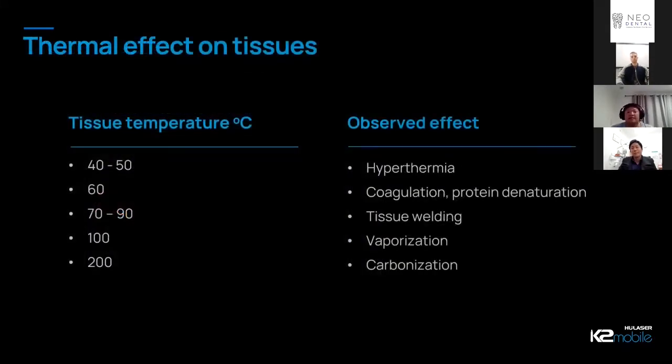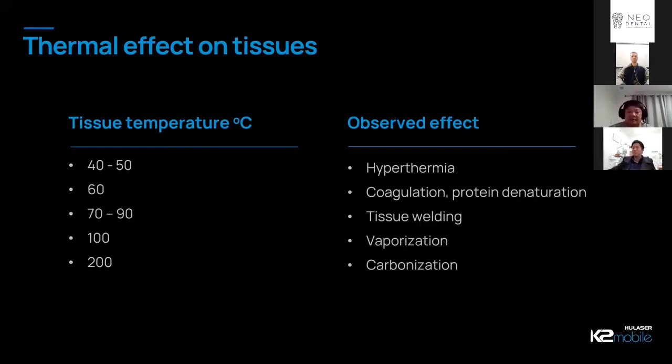What you can see here is that at different temperatures, as you increase the power output of the tip, you get different sort of reactions. So at a very low level, and we're talking like a 0.1 wattage, it warms up the temperature of the tissue where you point your laser at to about 40 to 50 degrees, and this warmth actually increases circulation, and that allows for improved healing speeds, and that's the whole photobiomodulation thing I was talking about, or low